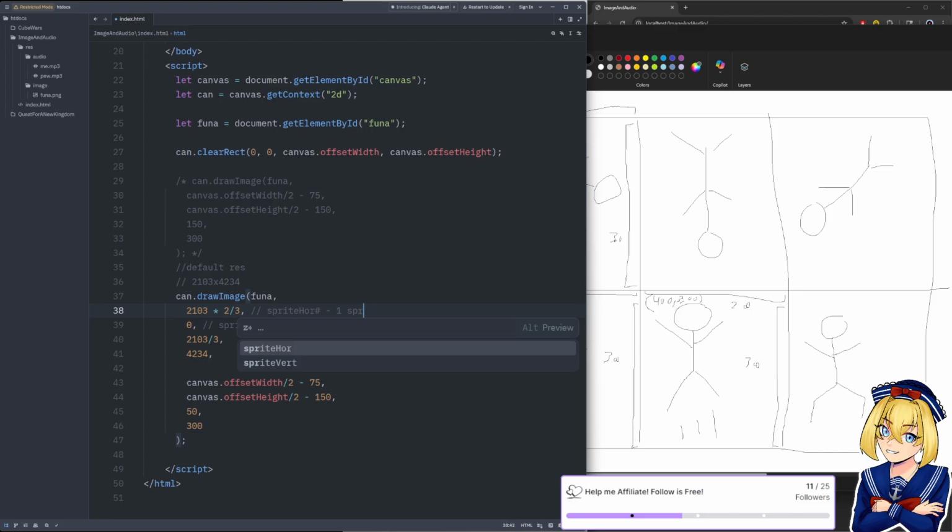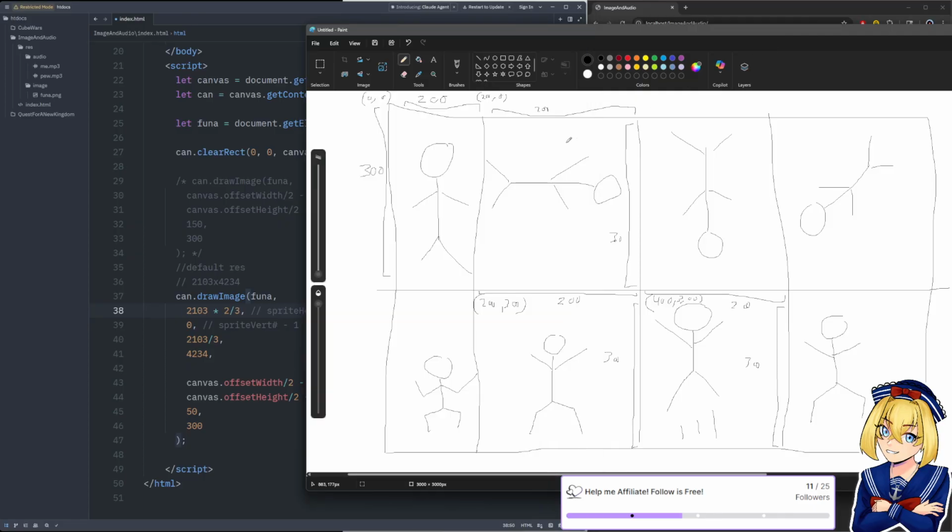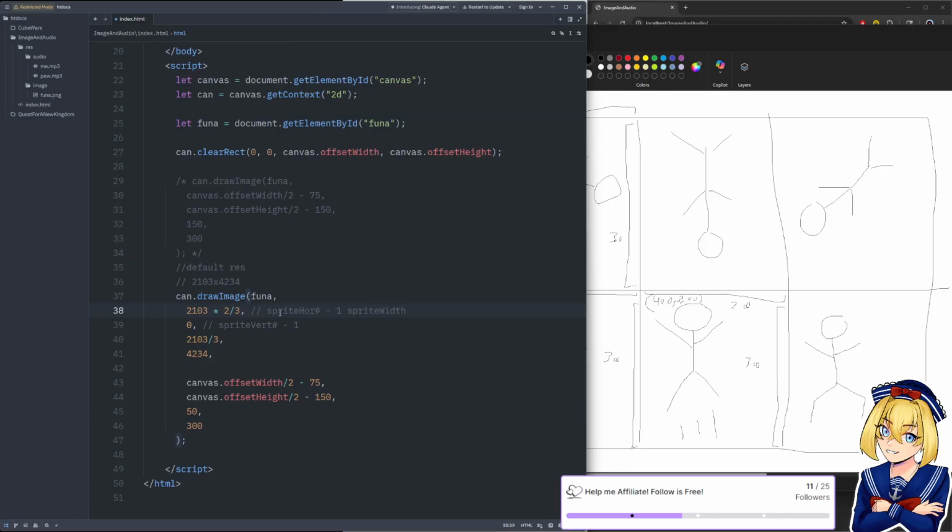So it would be sprite width times whatever you want minus 1 again. So it would be something like this, I believe. Let me run through the math real quick in my head.